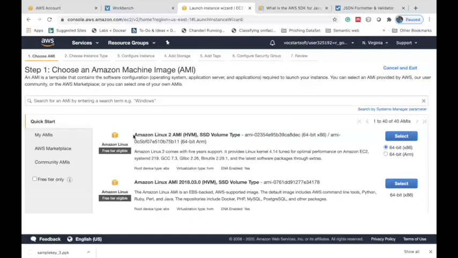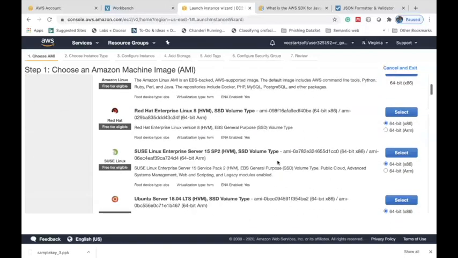For every instance, for example Amazon Linux 2 AMI, this is the corresponding ID: AMI-02354E95B39CA8DEC. So this particular ID corresponds to this particular image.